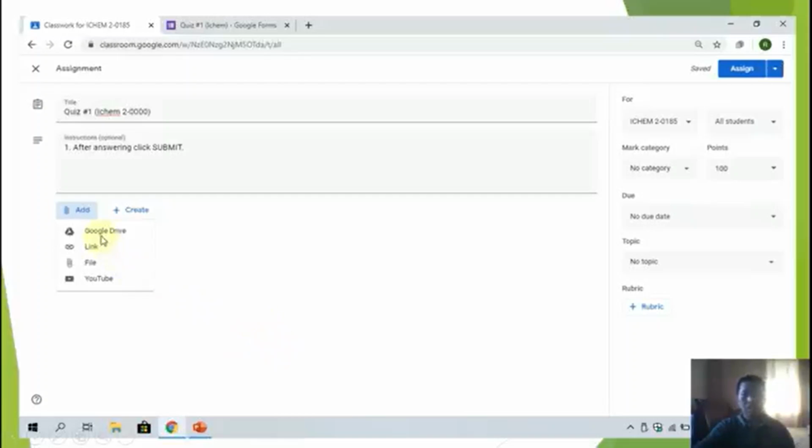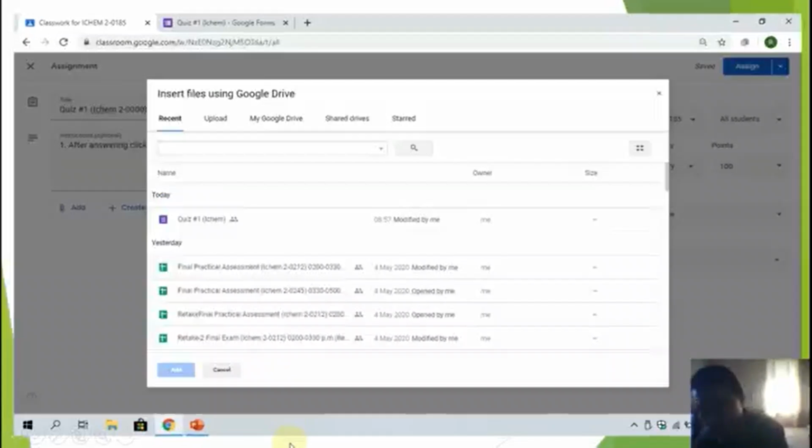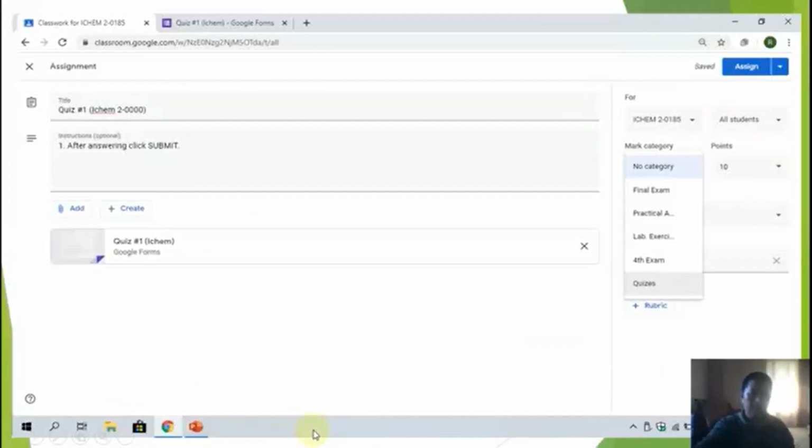So click this Google Drive and you can see the quiz you created a while ago, or you created before. So you have to click this and click add. Then now you have already the quiz number 1, which you had created before.